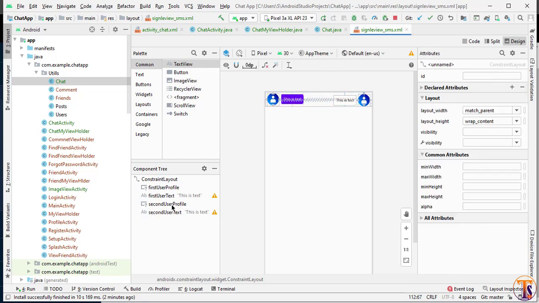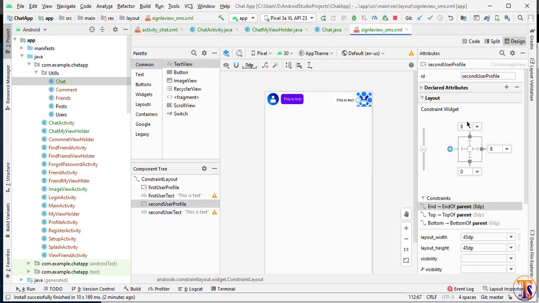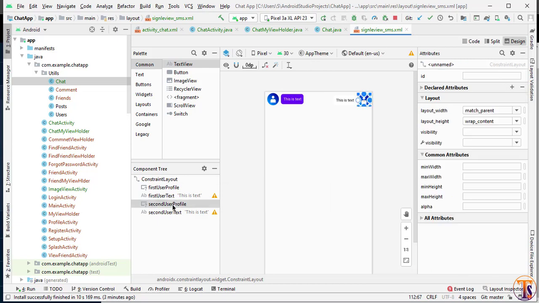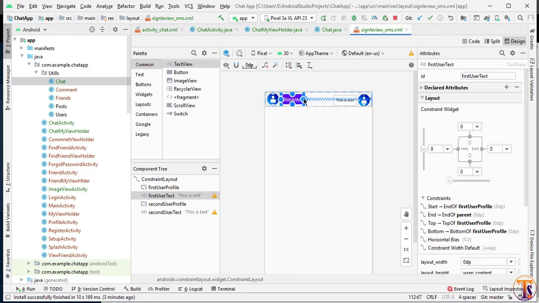Okay, now select the first text view and add the constraint from right to parent, and here we have to select the margin. Sorry, it's not the first text view, this one. We have to select the margin at the parent, not to the image view, and here I will select a margin of 50 dp.